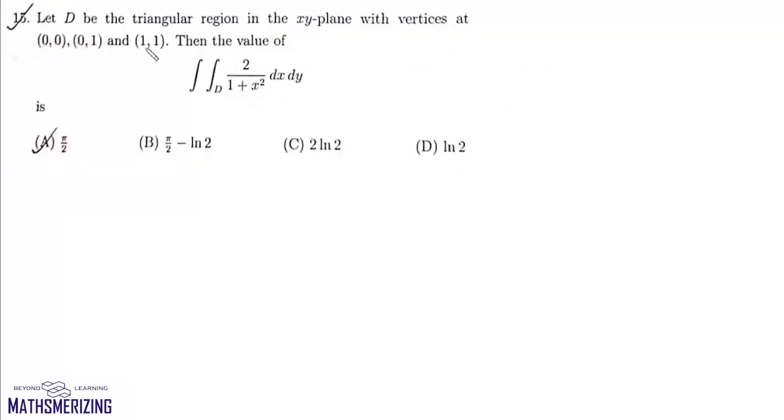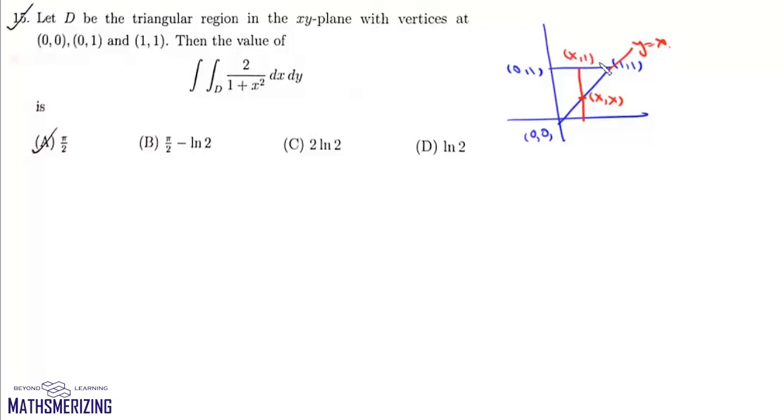Now question number 15 is, let D be the triangular region in the xy plane with vertices at (0,0), (0,1) and (1,1). So we have this triangular region. So this is (0,0), this is (0,1) and this is (1,1). And in this region, we need to find value of this double integral. Now this is y is equal to x line. Now this point is (x, x), and this point will be